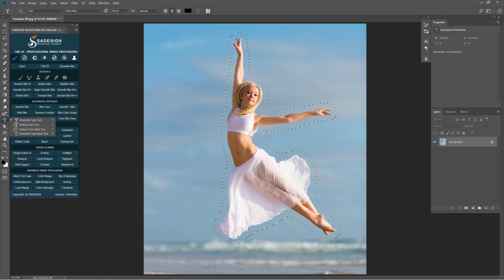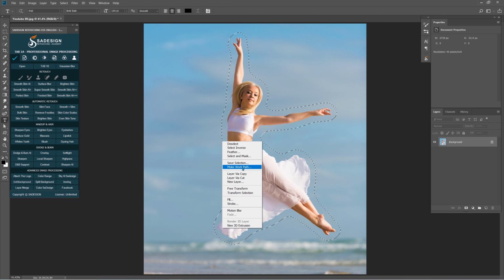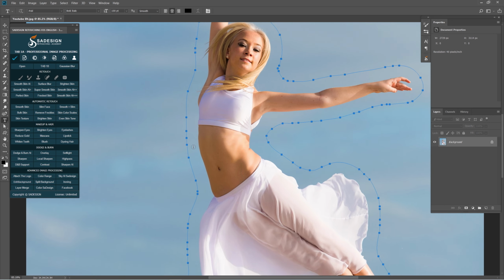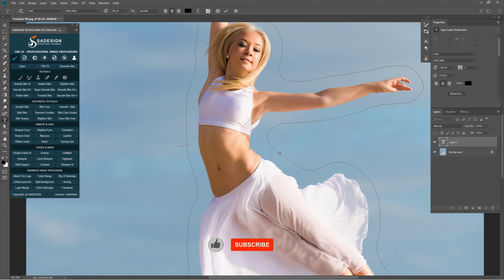Pick up horizontal text tool, D shortcut. Move cursor to the selection. Right click and select Make Work Path. 1 pixel is OK. Zoom closer, place your cursor on the line, and click to type any text that you